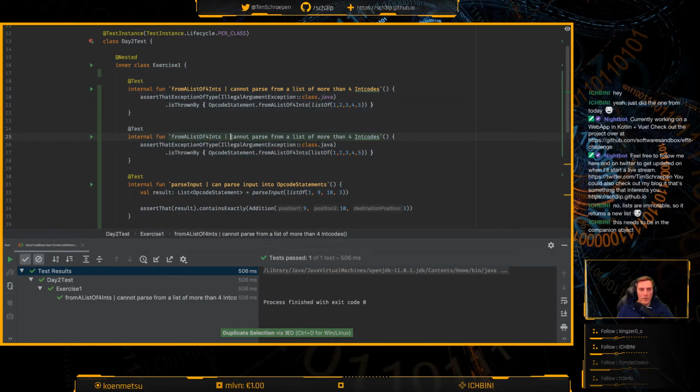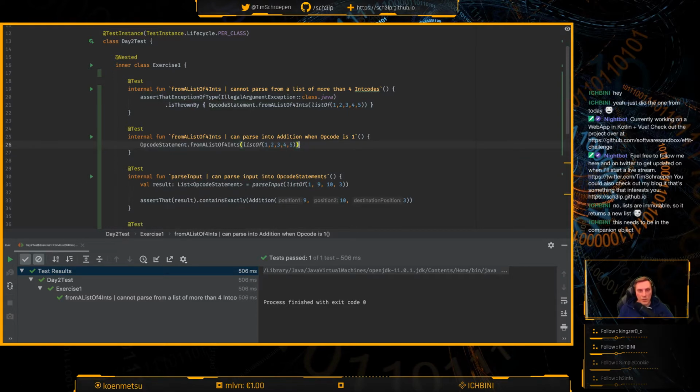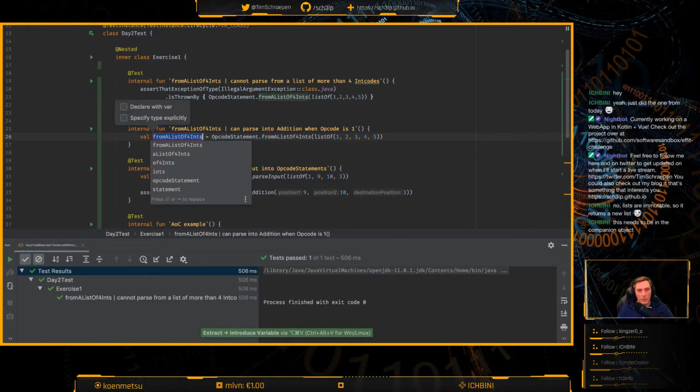So from a list of 4 ints, can parse into addition when opcode is 1. I don't know if I should call this position 0 or not. It seems like position 0 is what they use in the language when they're talking about the entire list of int codes. So in that case, position 0 is something else. Okay, so there's one statement coming out of here,